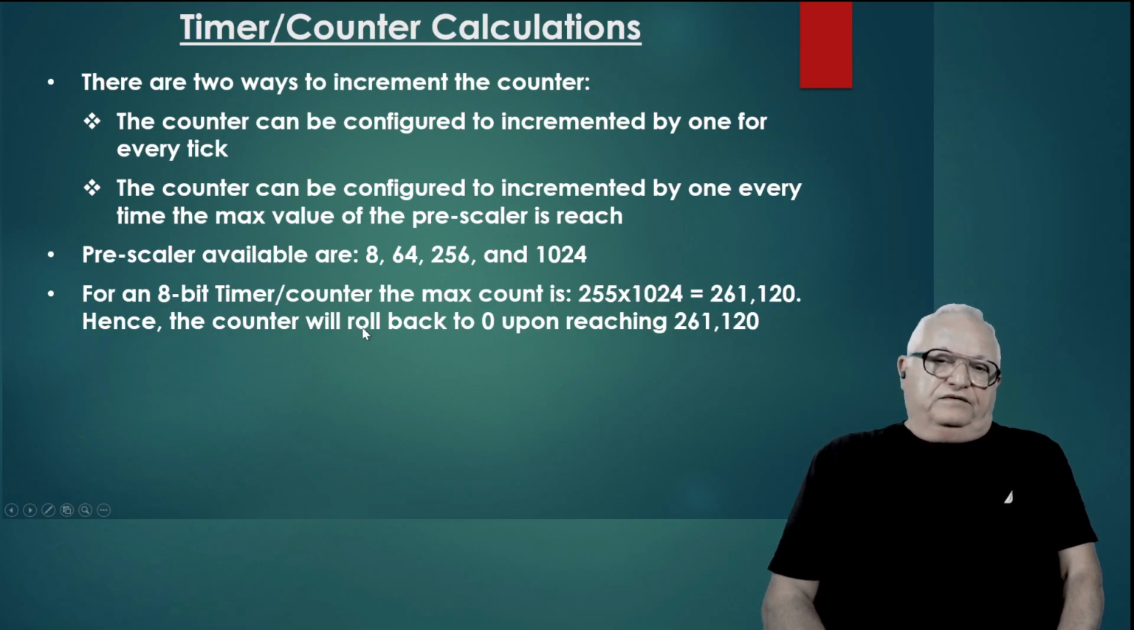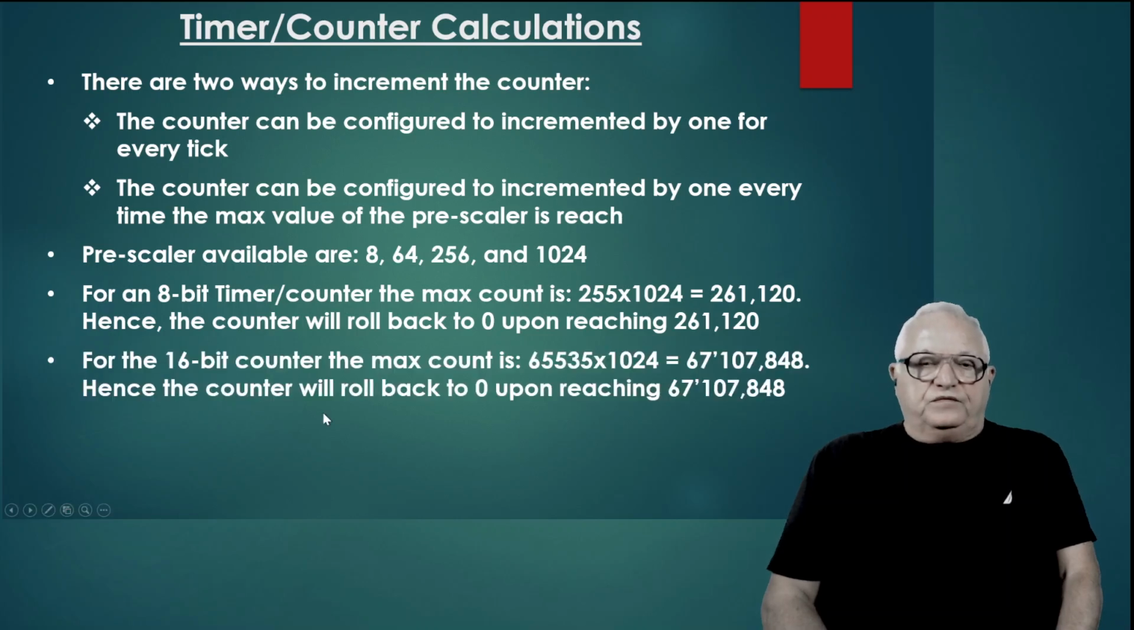Now another piece of information that's going to come in handy is that for an 8-bit counter, the maximum count is going to be 255 times the max scaler, which is going to be 261,120. So this means that the counter is going to count all the way to 261,120 and then roll back to 0. For the 16-bit counter, the maximum value is going to be